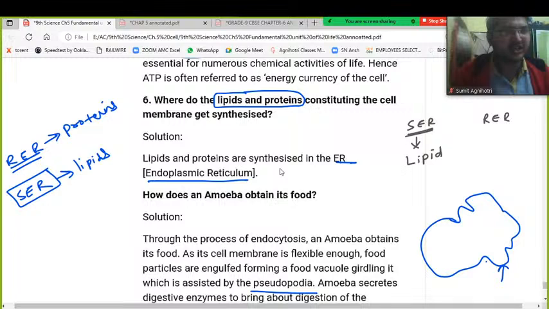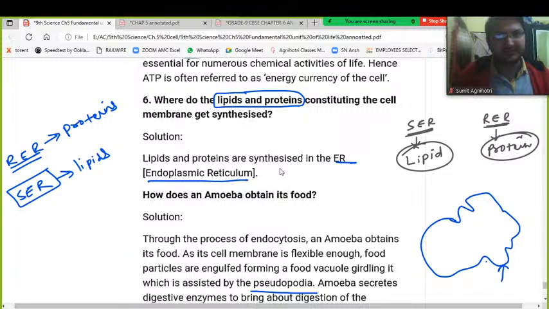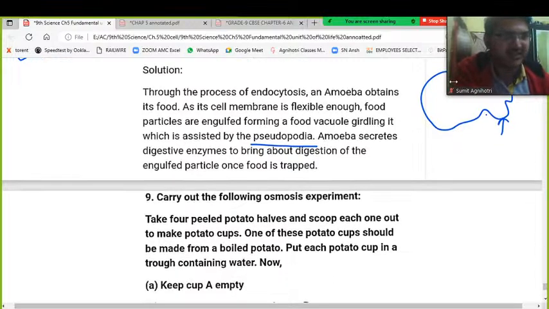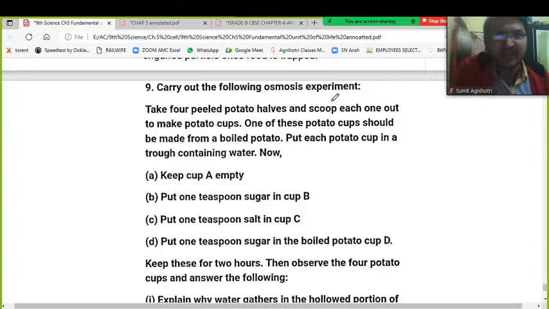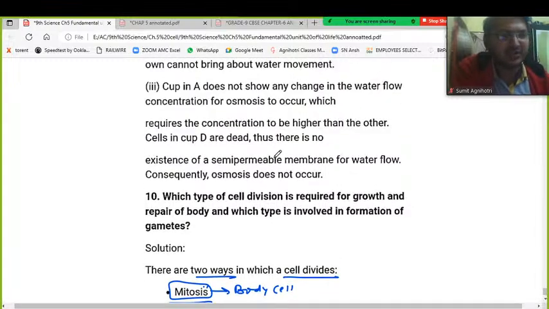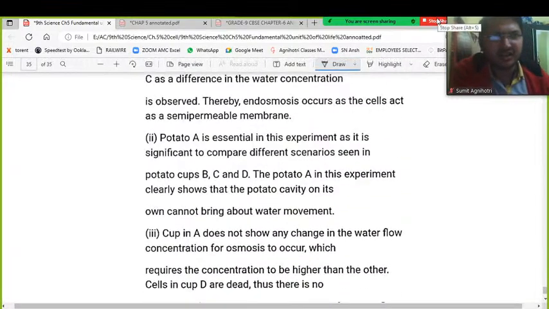Okay, you remember that. How does an amoeba obtain its food? You can just understand the pseudopodia, the false legs they have, through which they can get their food. They can also excrete waste material from the pseudopodia itself. Then there are some experimental activities, and the last question is based on cell division. Okay, I think you are okay with this explanation. We have almost